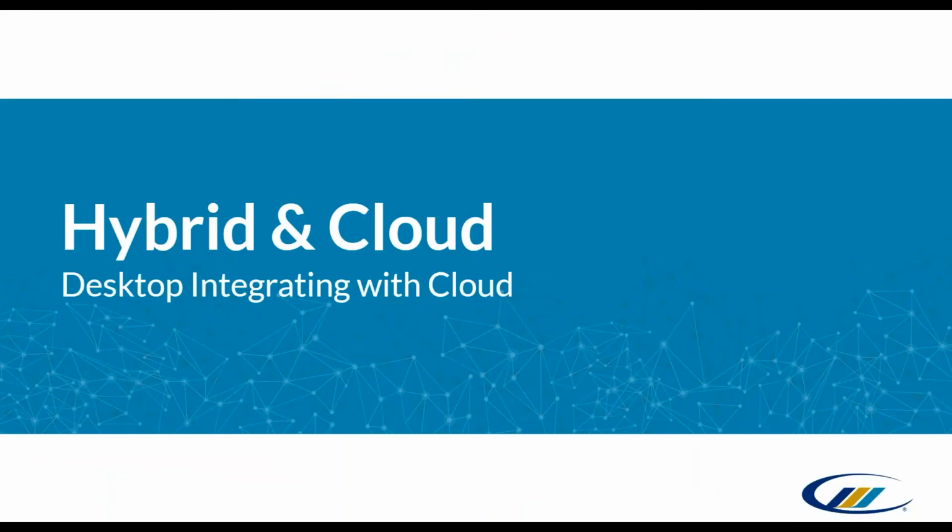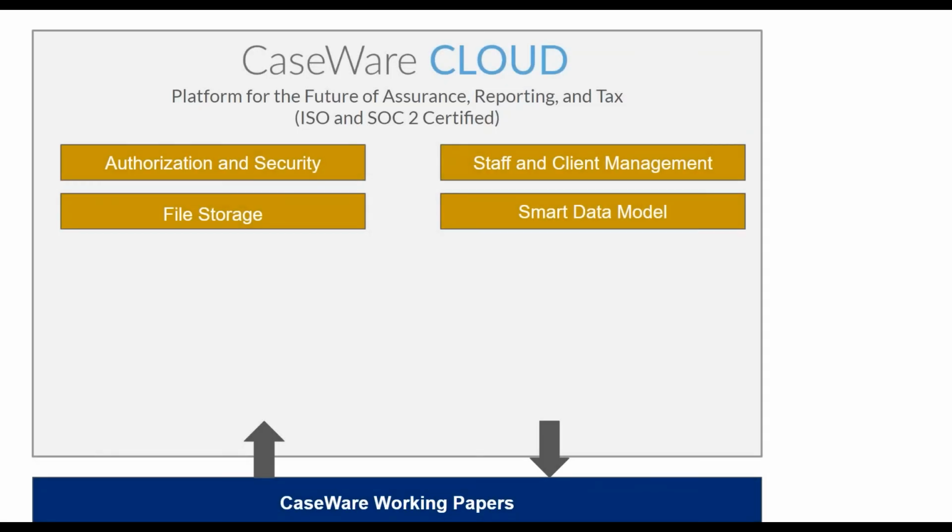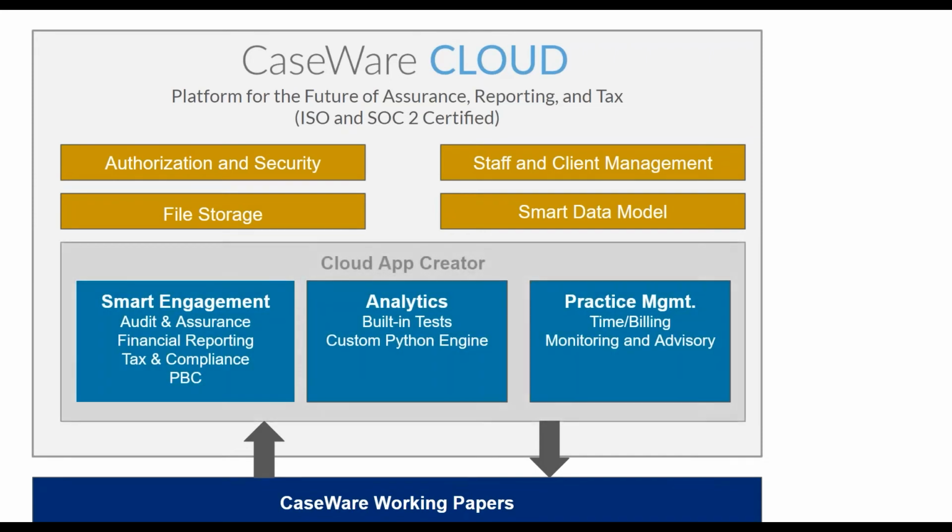So let's get to it. Let's actually take a look at what a new hybrid world looks like. Now, when we talk about hybrid, we're talking about the central hub, which is Caseware Cloud, and we'll show you some components of it. Caseware Cloud essentially allows you to, one, sync your working paper files in real time collaboratively